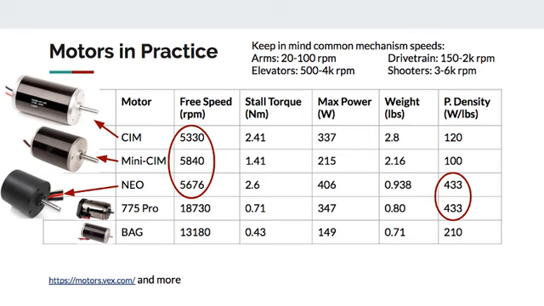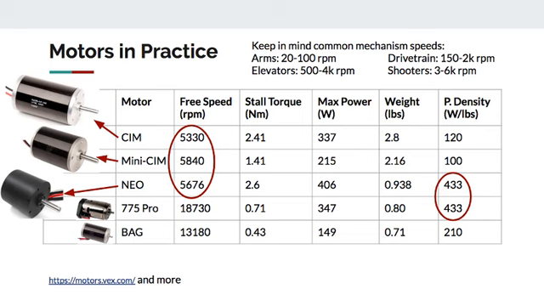So anyways, the general theme of this table is about the motors that aren't on it. From the other conversations about motor curves, we talked a lot about what the free speed of the motor is and what the stall torque is, and these both go into what ends up being the max power in of the motor. So it's basically like you put so much electrical energy in, and